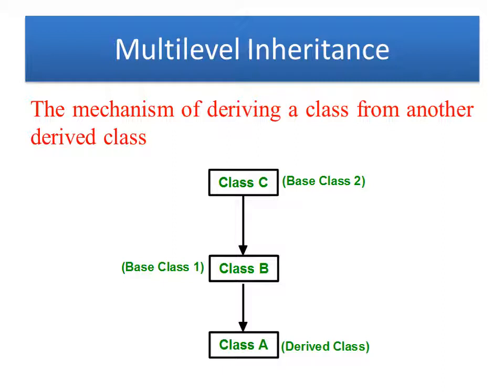Here we have one class, that is class C. From here we are deriving a new class, that is class B. In this first structure, if we consider the first two blocks, class C will be the first base class and class B will be the derived class. When we derive the class A, class B will become the base class. So a derived class is going to act as a base class for another derived class. This is what we call multi-level inheritance.